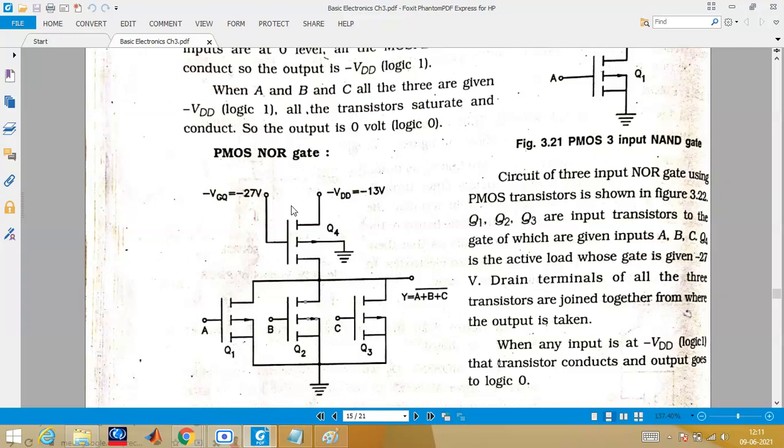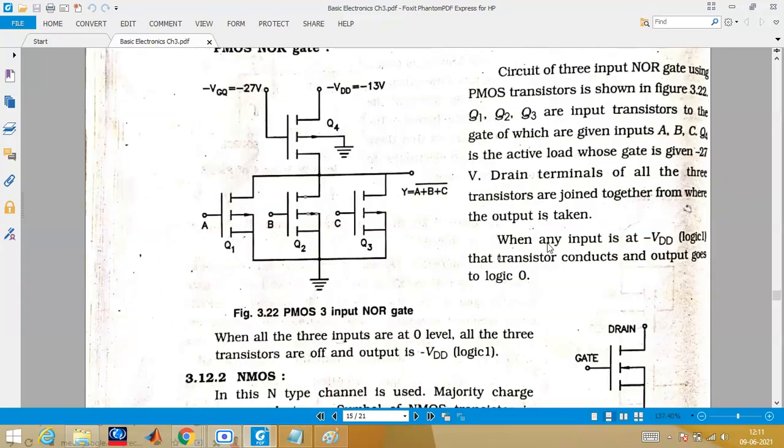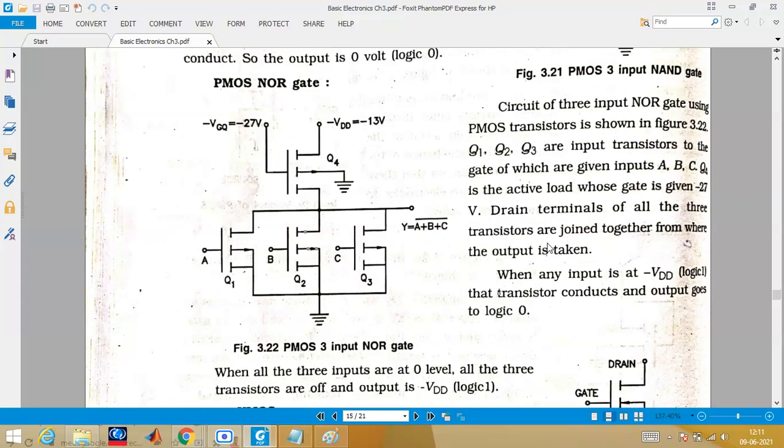If it is coming for 6 marks or if it is coming for 4 marks, you have to see, and based upon that you have to write special conditions, or you can write all the states of the truth table. It's up to you. Is that point clear? Okay, still some time is there. PMOS NOR gate is done.